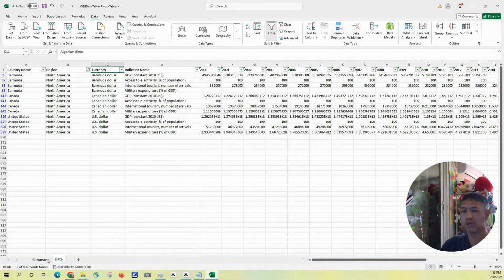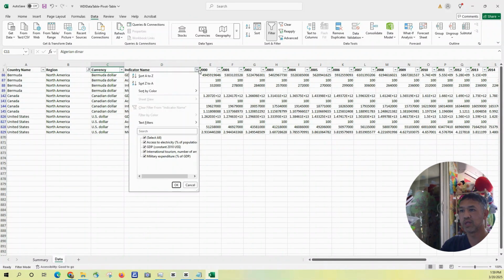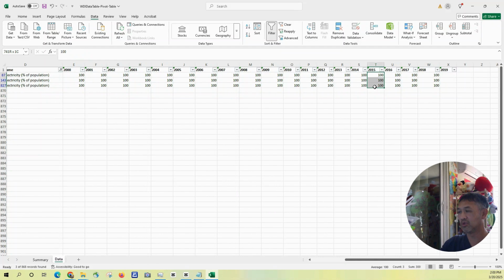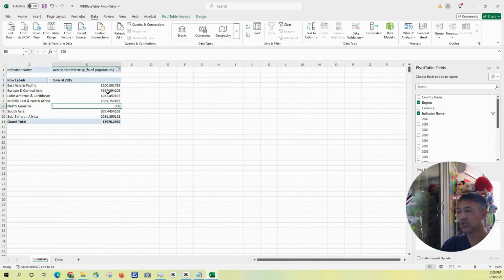And then what year was that? 2015, right? And then you filter this by access to electricity. As you can see, there are 3 countries in North America. The percentage of their access to electricity is 100% for 2015, right? All 3 countries. Because we left it as a sum, it's going to add the three values up. But of course, that doesn't make sense, because 100% plus 100% plus 100% is 300%. So in order to make sense of this data, you have to go here,